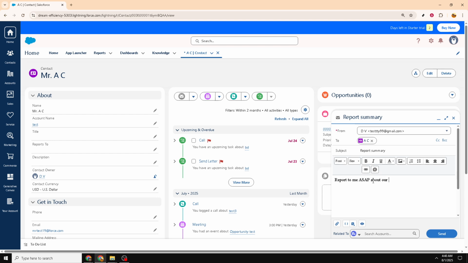Compose your message in the body text area. Try to keep your message clear and to the point while making sure it reflects the purpose of your communication. Remember, this email is being sent directly from Salesforce, so it's a handy feature for keeping your correspondence logged and organized in one place. Finally, once you're satisfied with your email and have added any necessary attachments or CC recipients,